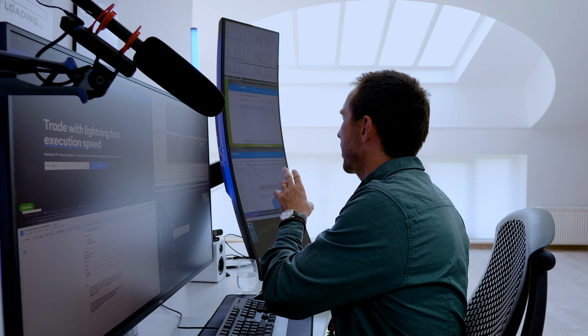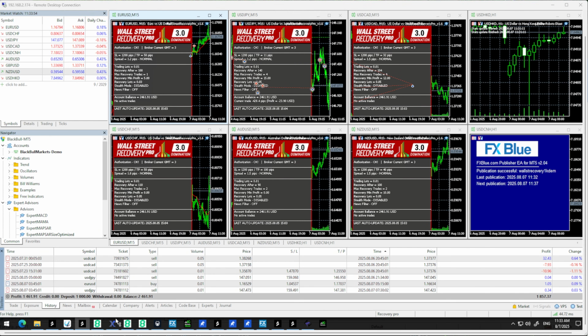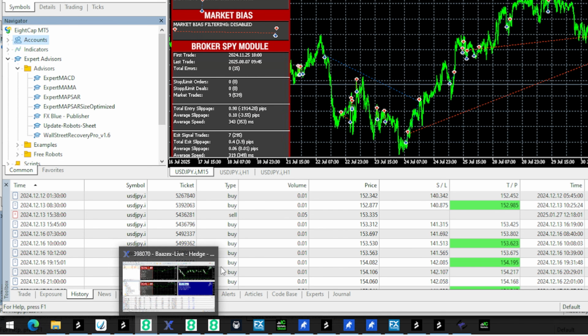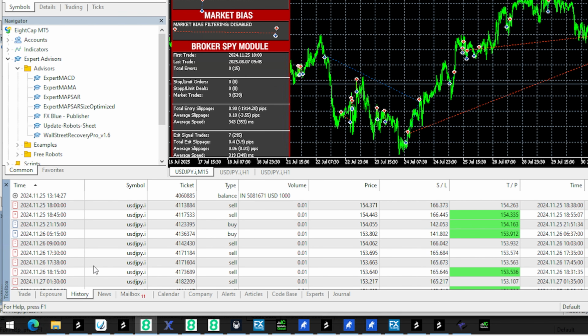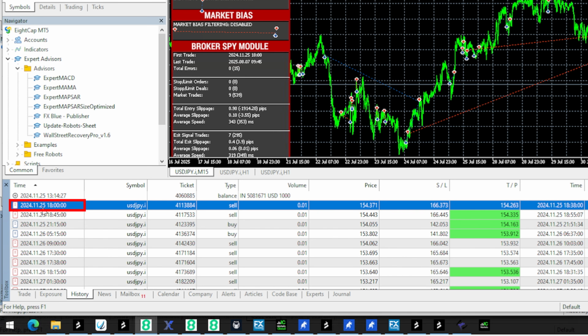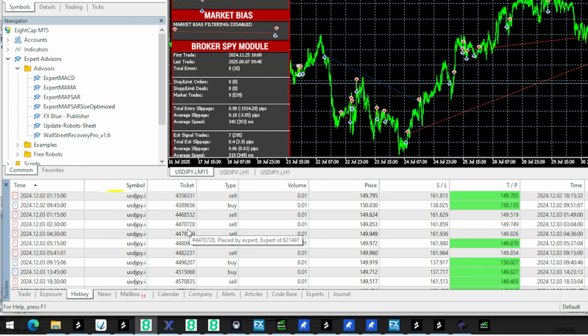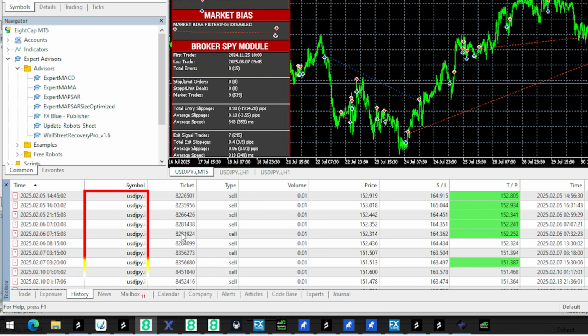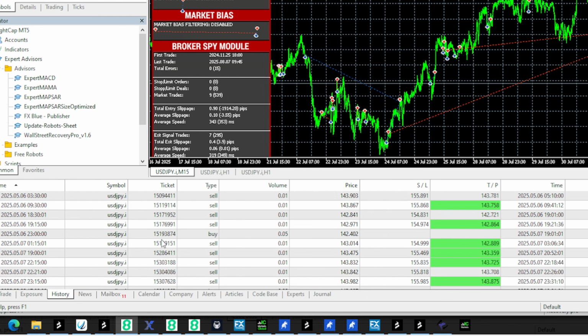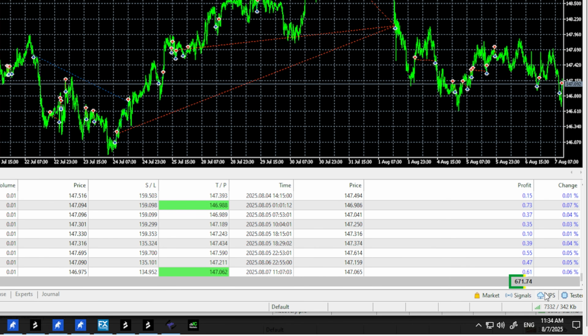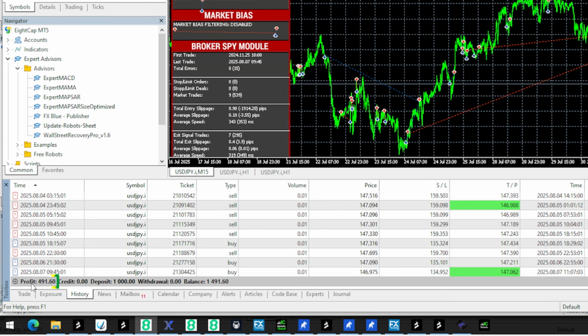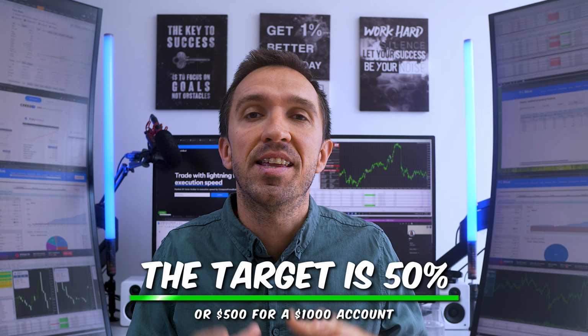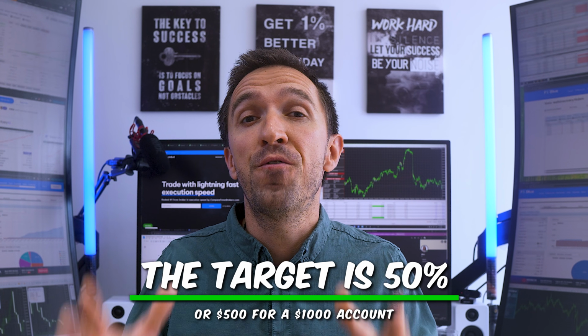I'll remove the track record and I will show you the 1K live account that I started back in November 2024, and you can see that I started it with the dollar yen, and it's been trading only the dollar yen since the beginning. The total profit is 671, but after the cost is 491.60. And as you know, my target in the 1K accounts is 50% or $500. Now this is